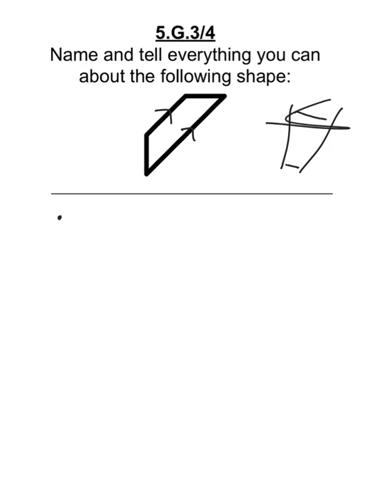So those are not parallel. These lines are parallel because they are always going to be the same distance apart, no matter how far we could extend those lines into infinity and beyond, and they would always be the same distance apart. So we have one set of parallel sides,